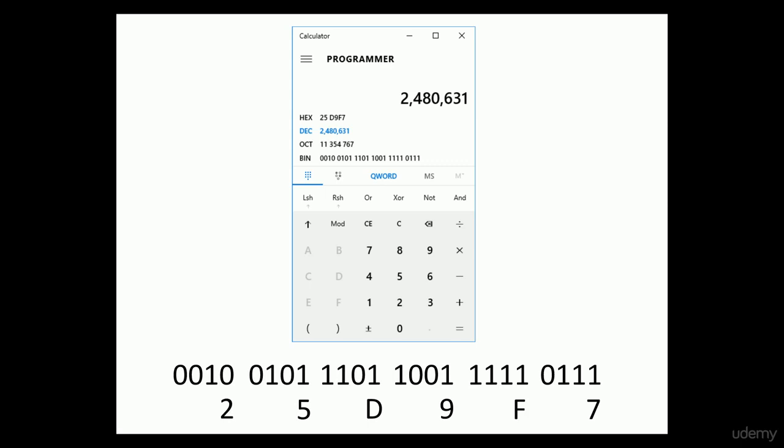This first chunk is a 7, as you can see in the table, an F, 9, D, 5, 2. This 25D9F7 is also equal to 2,480,631. If you don't believe me, go add up 7 plus 16 times 15 plus 256 times 9 plus